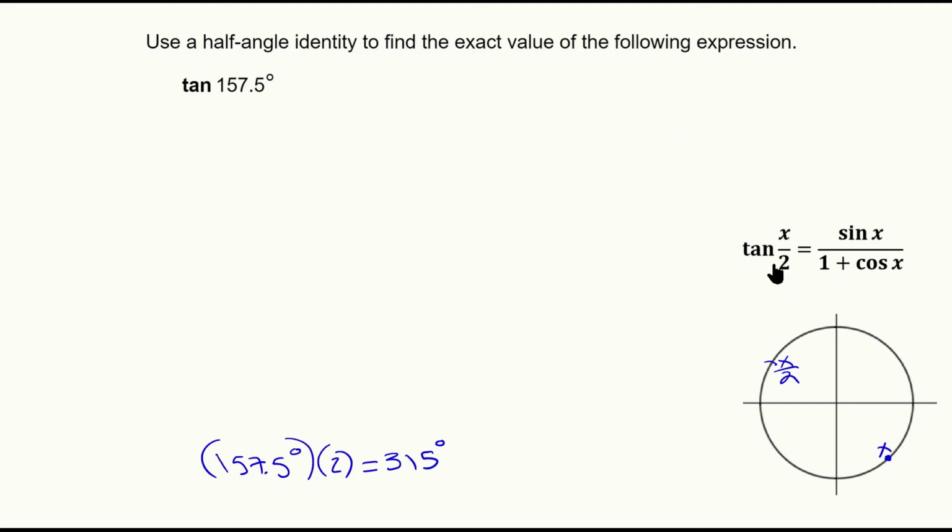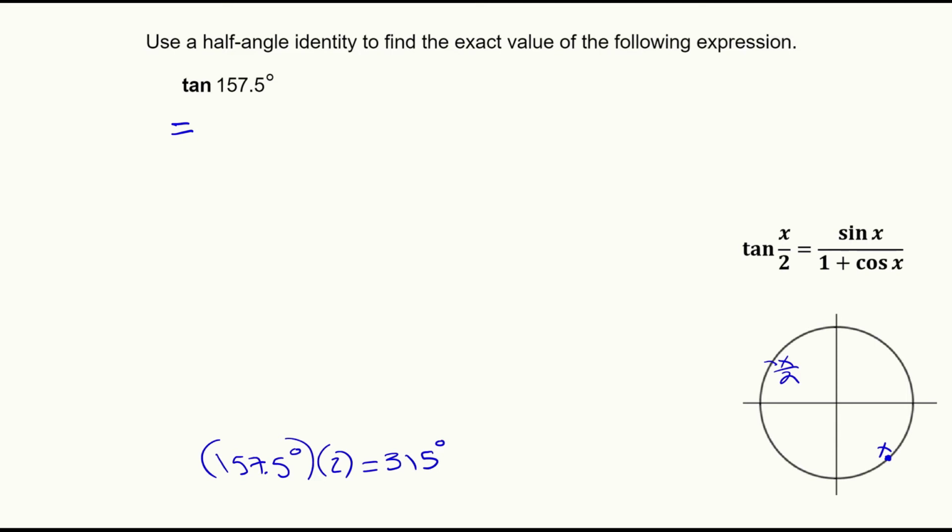And this time we're going to go ahead and use this formula. Again, I told you this is not unique. You may have used another one of the forms and that would work as well. But I'm just going to go with this one. So we get